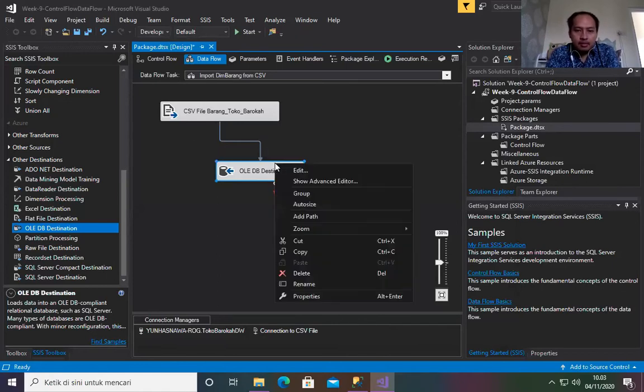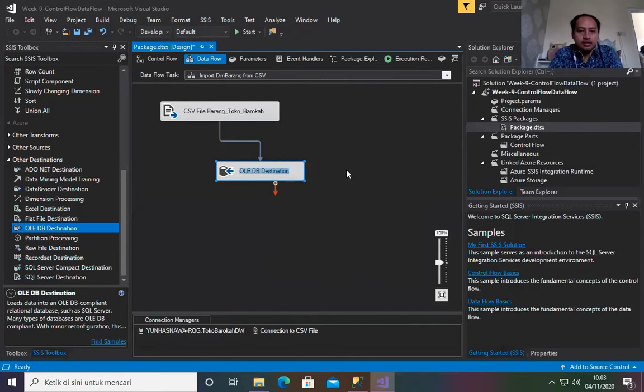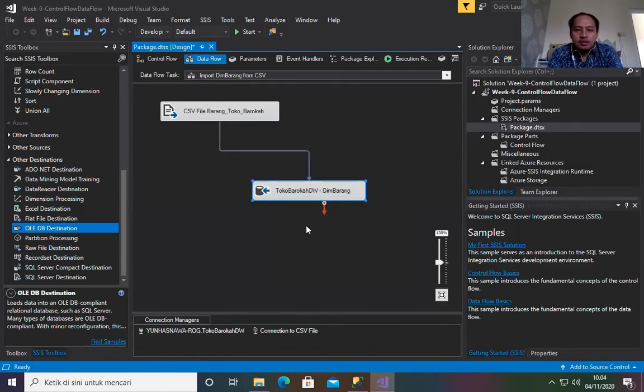Let's rename our destination to Toko Barokah DW dim barang. By looking at this diagram, we can easily understand that this package moves data from a CSV file named file barang toko barokah into a table named dim barang in the Toko Barokah DW.